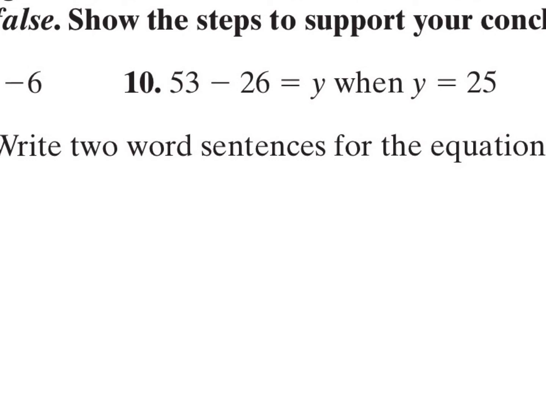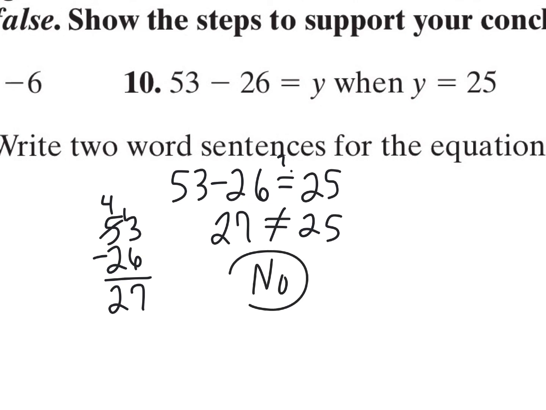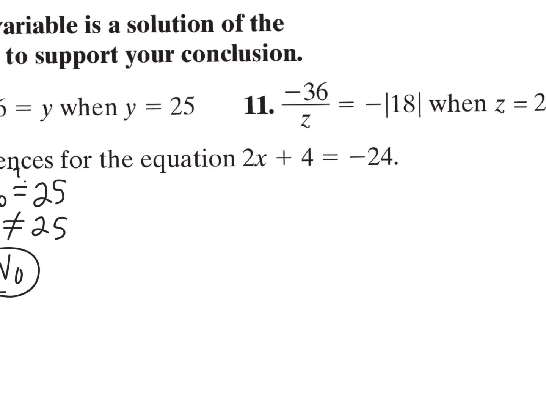If we look at number 10, we want to see if this works when y equals 25. So we can put 25 in place of the y. And over on the left side, we could go ahead and just subtract those. And we would get 27. So at this point, we could use that thing we talked about a minute ago. We could say 27 is not equal to 25. And so we could say no, 25 is not a solution. And then finally, number 11,